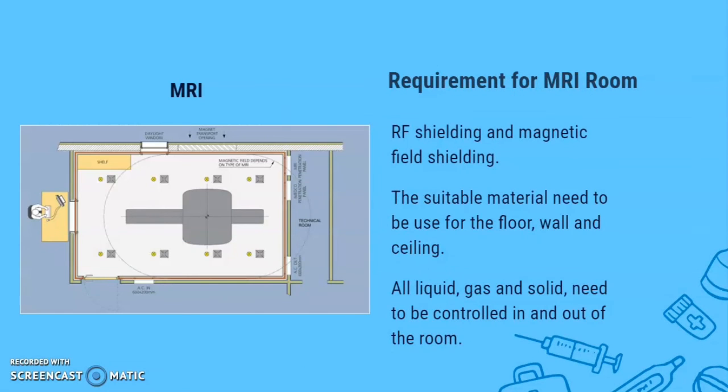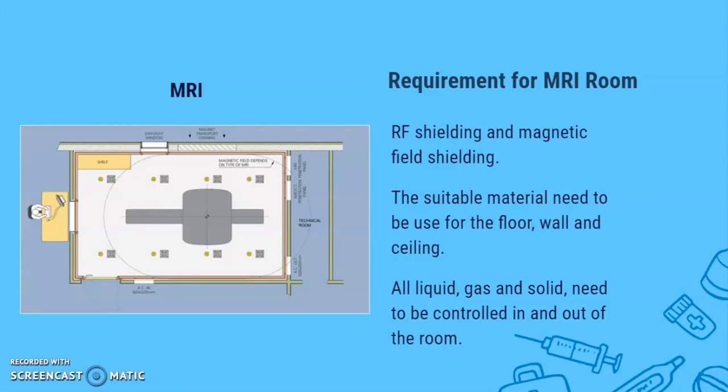Next is the MRI room. For the MRI room, the requirements are focused on the radio frequency shielding and the magnetic field shielding. The radio frequency shielding purpose is for the MRI machine to obtain a good quality image. There are many other devices outside of the MRI that have radio frequency that can possibly cause noise. So by having the shielding, it prevents the noise from happening, thus making a good quality